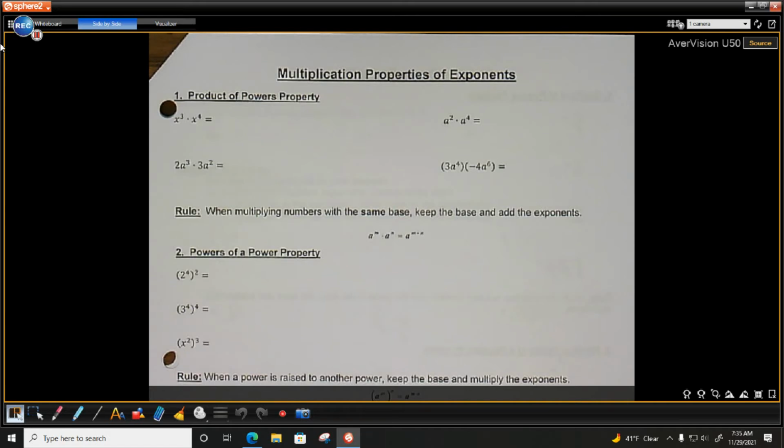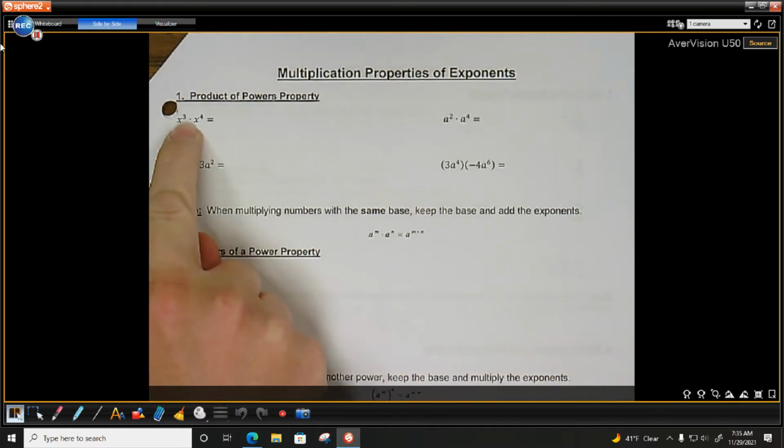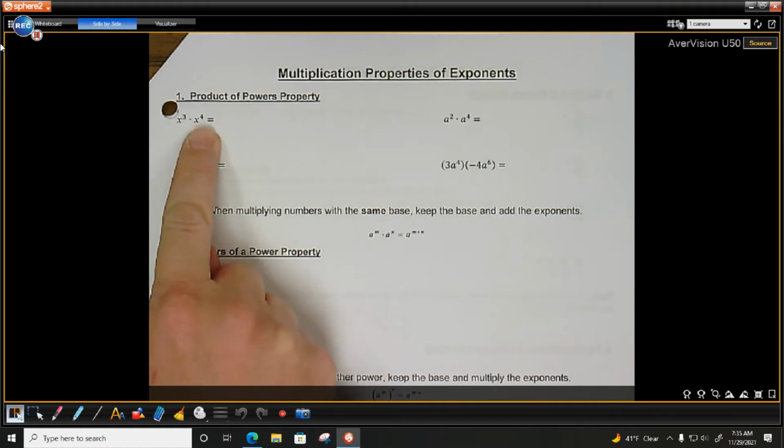Okay, so what does an exponent do? What does it tell you? If I have x to the third, what does that mean? Your exponent tells you how many times you're multiplying the base by itself. So x to the third means you have 3 x's, x x x. X to the fourth means you have 4 x's,